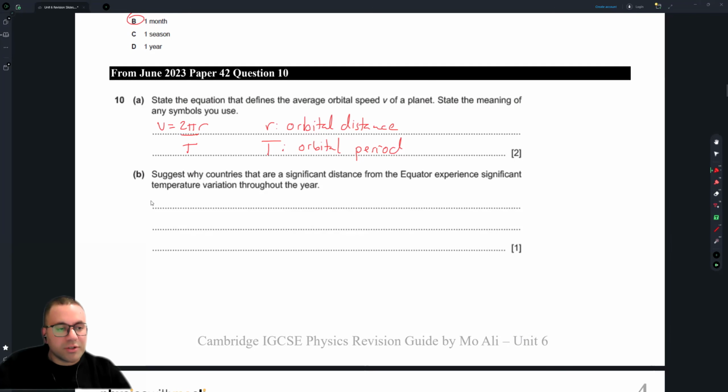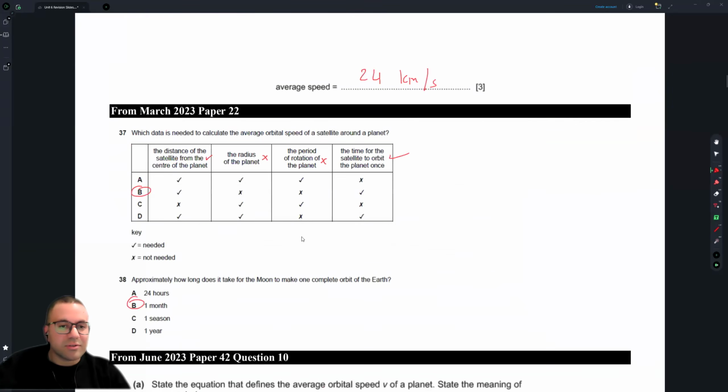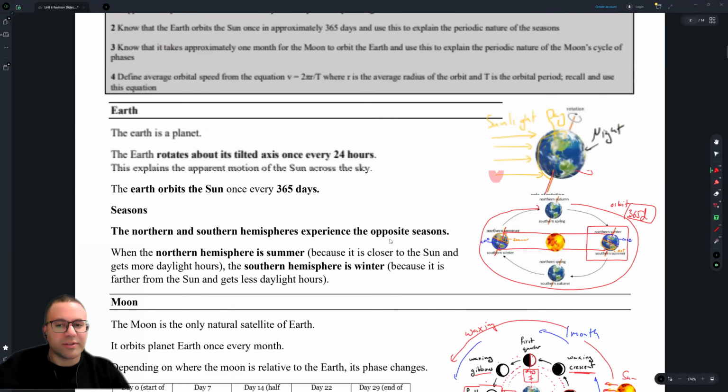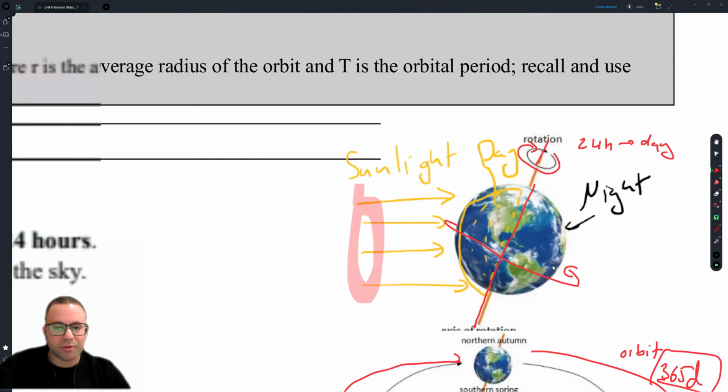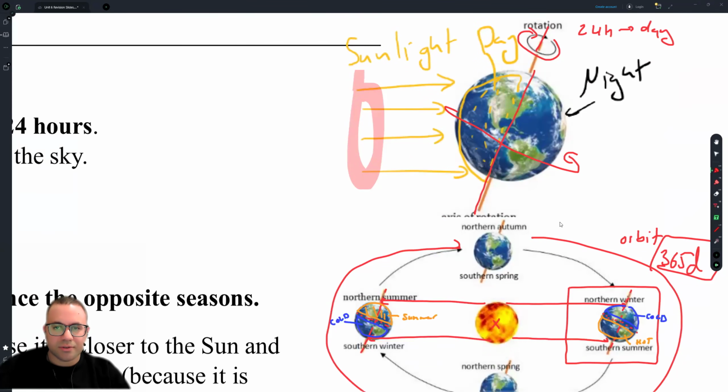Suggest why countries that are a significant distance from the equator experience significant temperature variation throughout the year. This is a really nice question, actually. So let me remind you of something. What's the equator again? Like, to those of you who don't know, what's the equator? This line over here is the equator, right? Now, if you haven't noticed, no matter whether it's summer or winter, if you're on the equator or near the equator, so somewhere here,